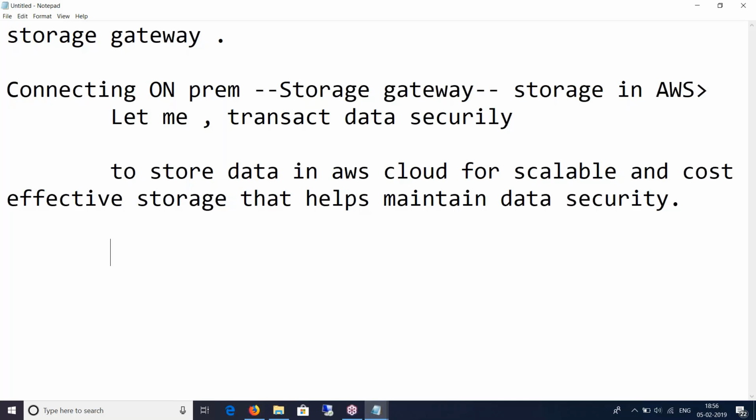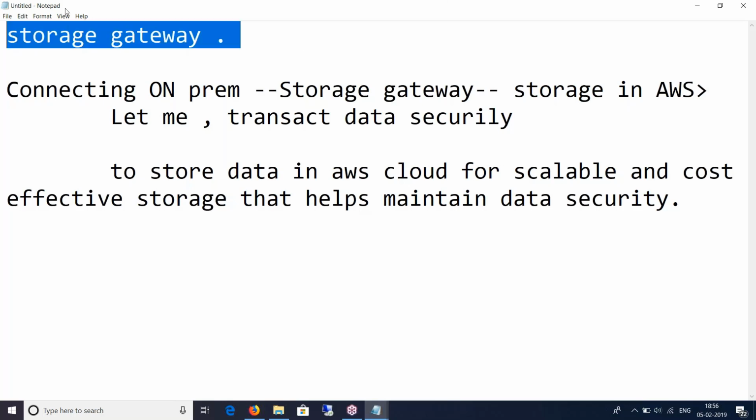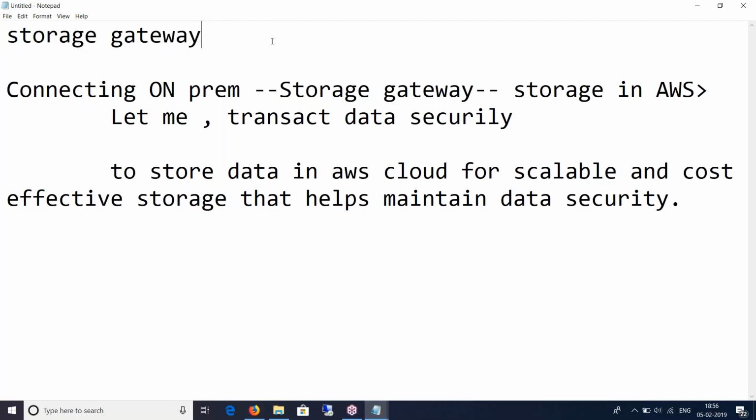So now AWS comes with different solutions just for this, because one size does not fit all, right? The storage gateway is not a solution for all kinds of storage devices, because on-prem you've got NAS storage, DAS storage, SAN storage, and hence Amazon came up with 3 different solutions.